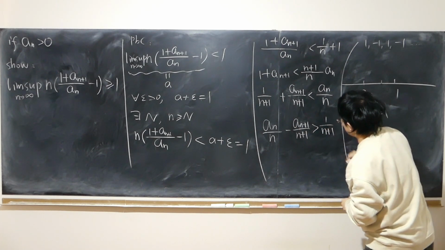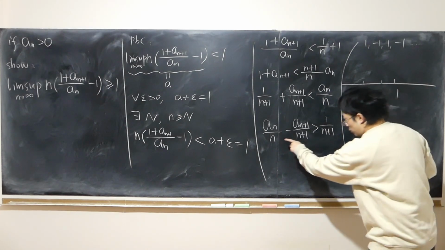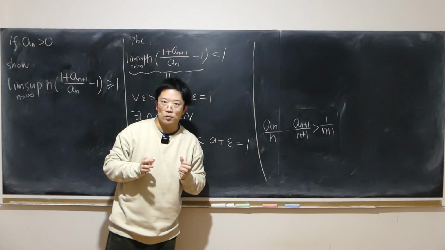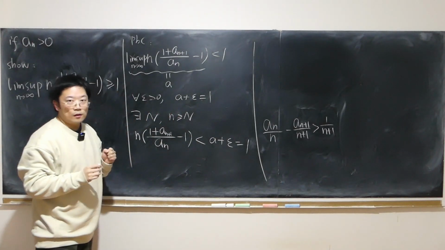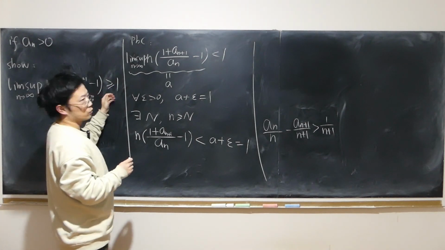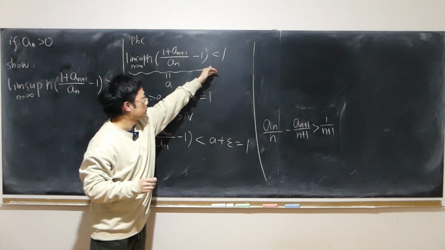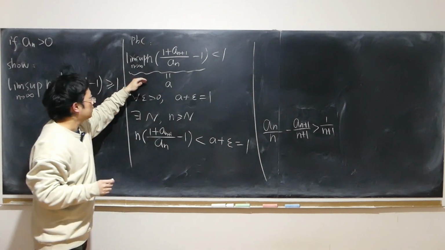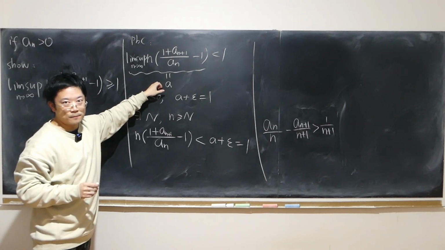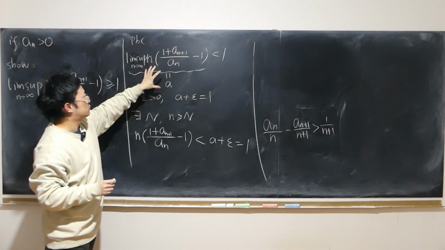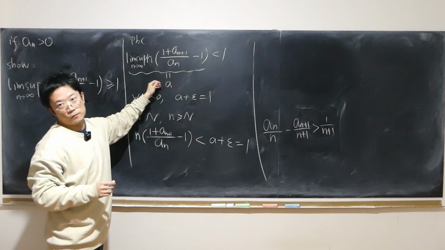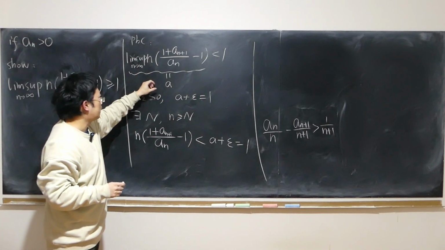Right, this looks nicer. When n is bigger than this fixed capital N. Okay, so far what I've done is prove by contradiction. It says prove limsup is bigger than or equal to 1. I say, how about it's less than 1? Then I prove that the limsup cannot be negative infinity. Since it's less than 1, it cannot be positive infinity, and it cannot be negative infinity either. So it has to be a finite number.